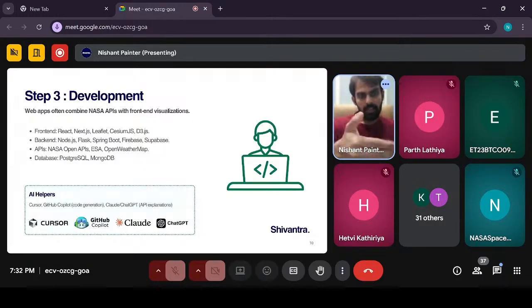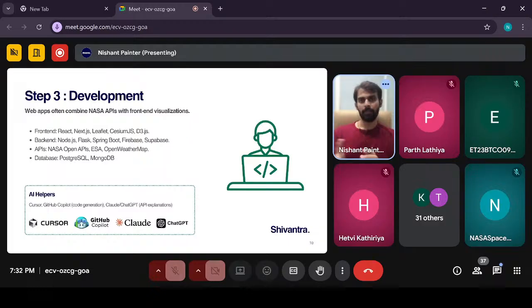Okay, so now let's go through each one of them and how you can use them in building your application. The first rule here is don't go with something you don't really understand. Even if it's more popular, you need not start with it. Take a tech stack which you are comfortable with. It can even be PHP. It can even be HTML, normal CSS, and JavaScript. It doesn't matter. What matters is that you can understand the code, you can easily make changes to it, and you can iteratively update your code as and when required.